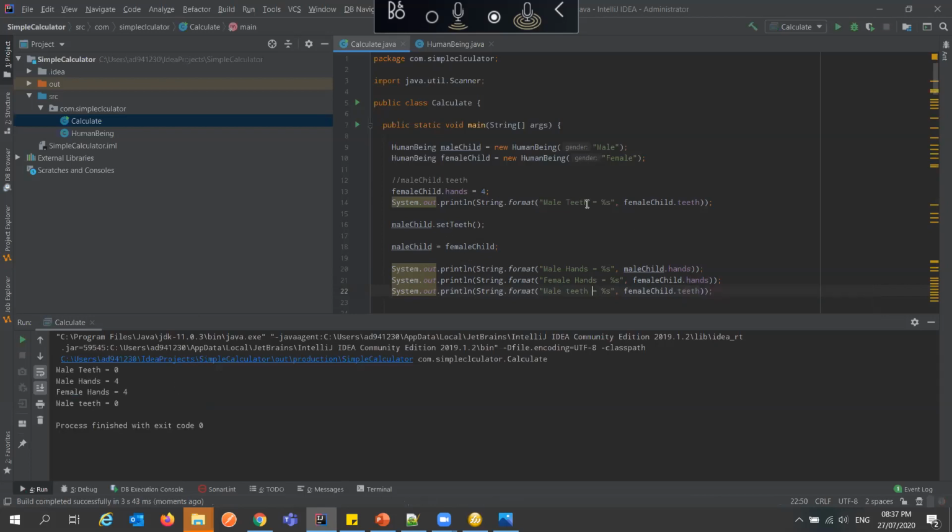Can you see? At this point, when we created the, oh, I used female there, and I increased male teeth. Sorry, I'm supposed to use female. Let's do it for the female child. Sorry about that. Okay, yeah, this is it. Let me change it to female. So it's good.